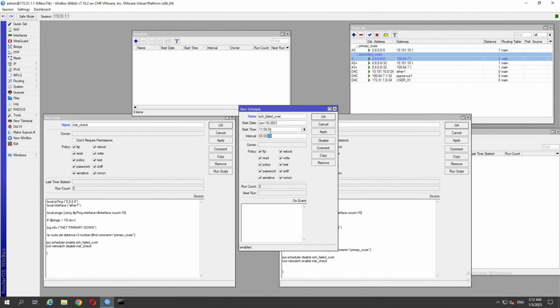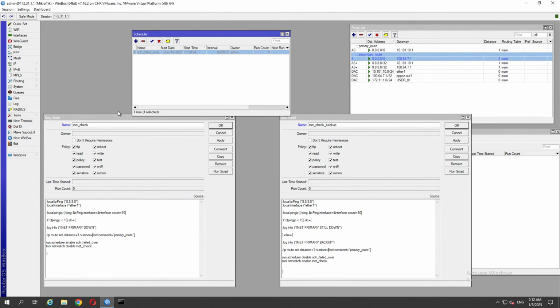We'll set the interval to every 10 seconds, and then the start time can be whenever, it doesn't matter. And then on event, every 10 seconds it's going to run our backup script. So this is only ever going to run every 10 seconds when this has failed, because it's going to enable this, because by default we disable it. Yes, so you can see it's disabled. So this runs, finds it's failed over, enables the scheduler. The scheduler runs this script here,